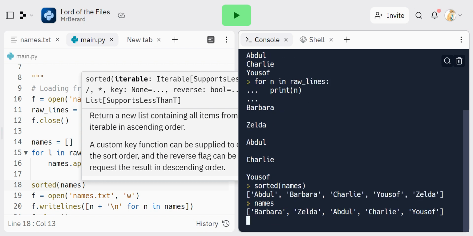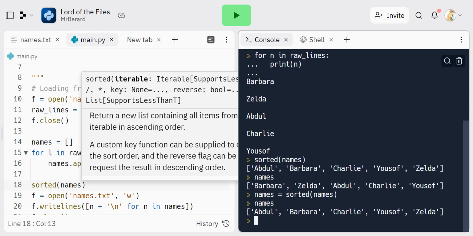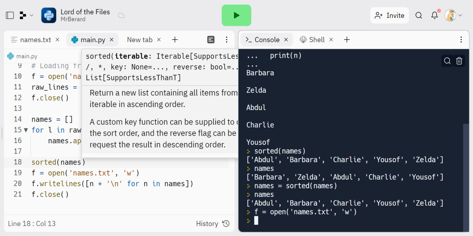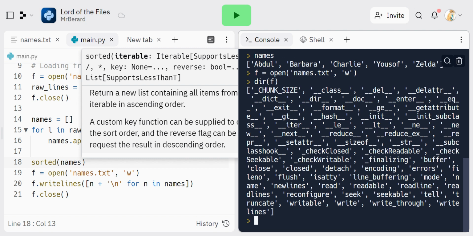Now, this hasn't changed names. If I want to change names, I need to do names equals sorted names. See it, say it, sorted. And now I've got those. I'm going to, well, let me do it in the console, right? I'm going to open it in write mode. So it's names.txt, w. So this is a file handle. It has methods, but let's not go too crazy about that. Don't worry about it. So we open it, and then we're just going to write lines,